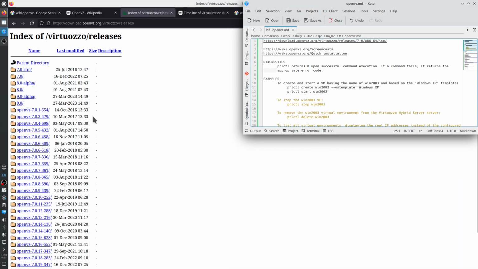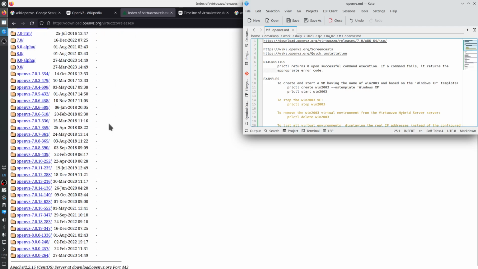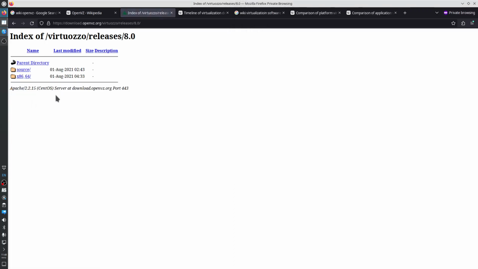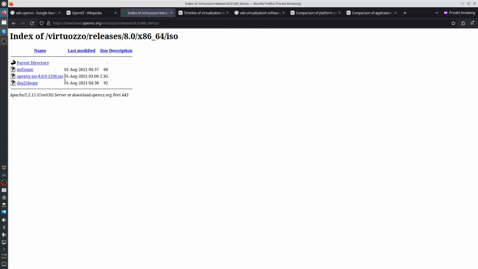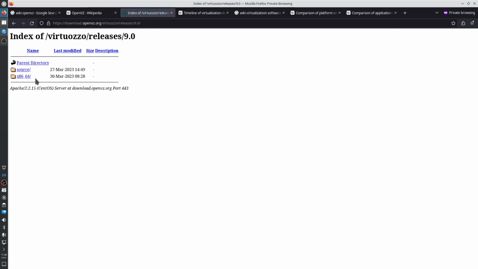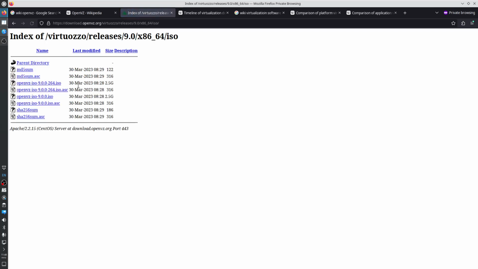Okay, so this is the correct directory. Download openvz.org/virtuoso/releases. And we have a choice of 7, 8, and 9, but 8 was last released in 2021, so let's ignore that. And 9 is recent,